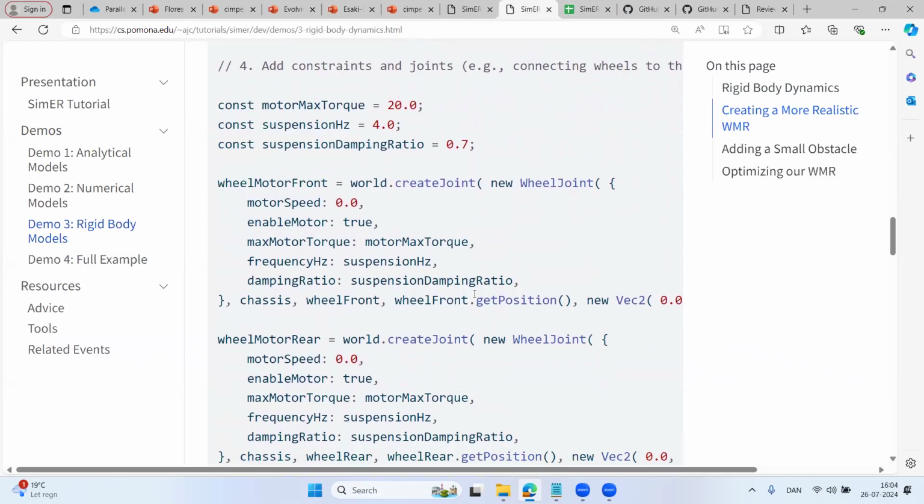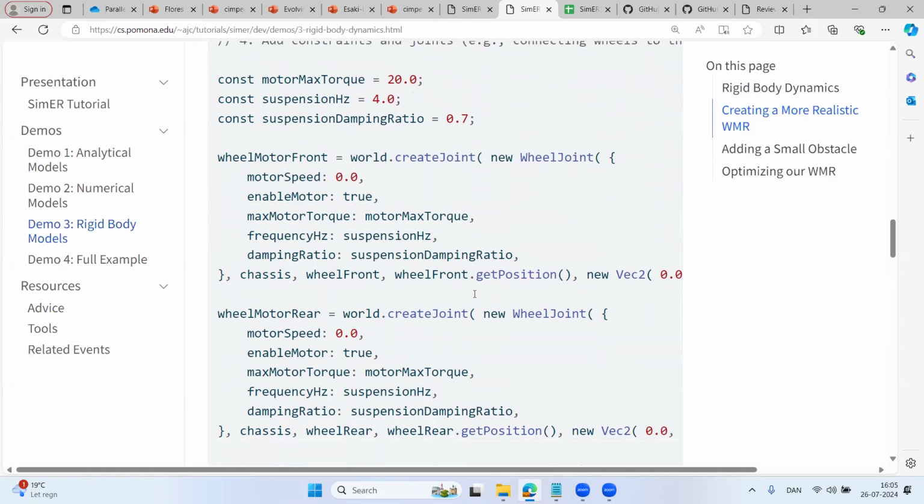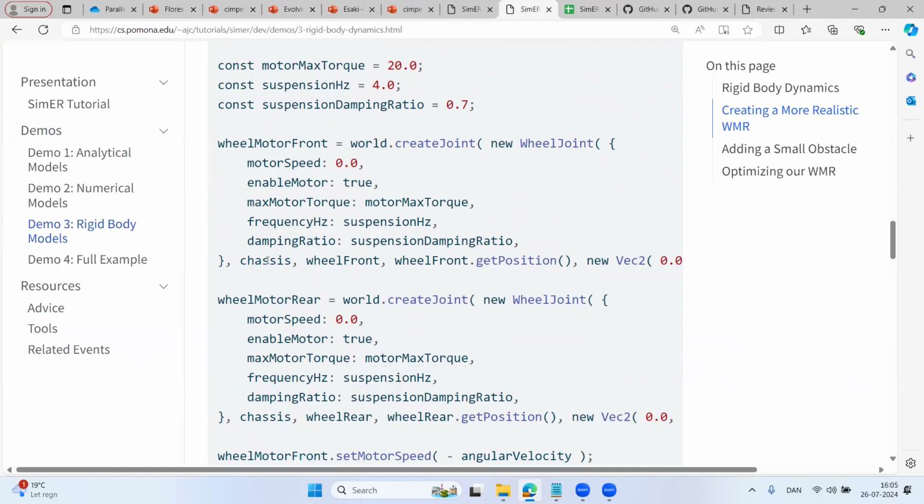And then after you have your bodies and your shapes, ODE, for example, we'll call them geometries instead of shapes, you connect them together. So I'm going to connect the chassis and the front wheel with a wheel joint. Box2D and Planck.js are really nice. They actually have a built-in wheel joint, which means it'll give you a nice API for generating torques, like motor torques. And it'll also have this built-in suspension to it, both of which you can just get rid of. If I set suspension frequency to -1, for example, there's no suspension there. It's just a rigid connection.